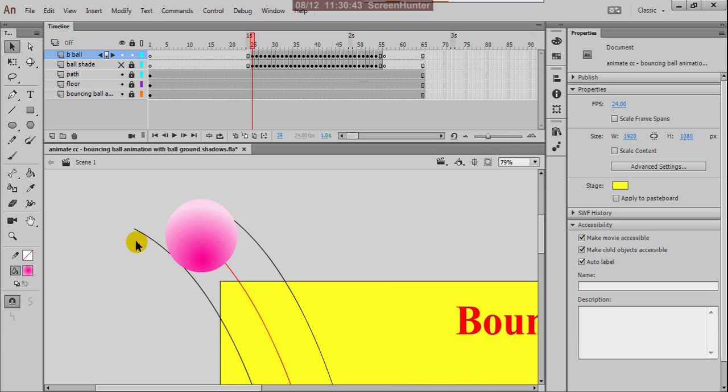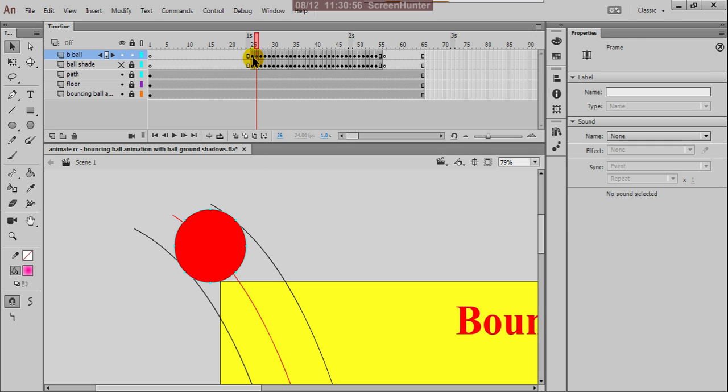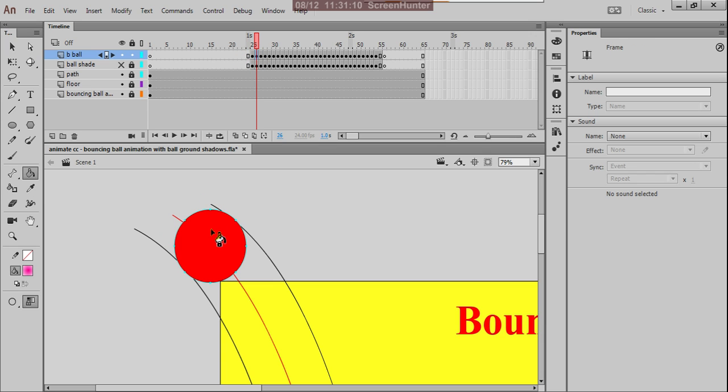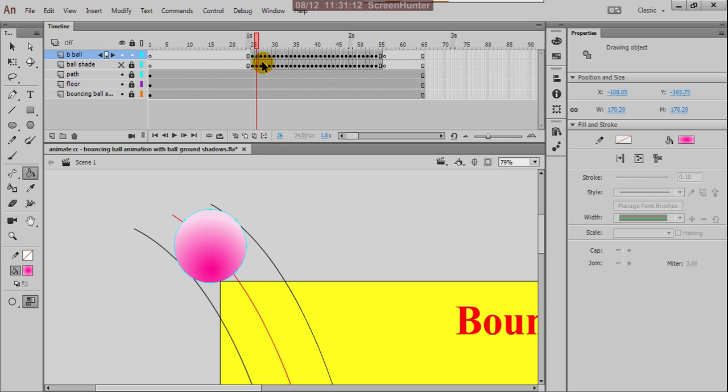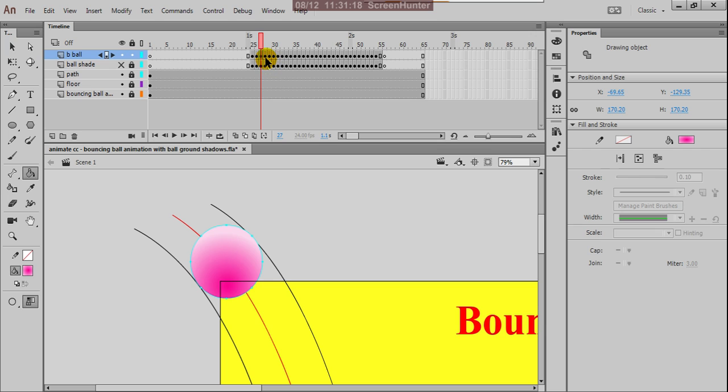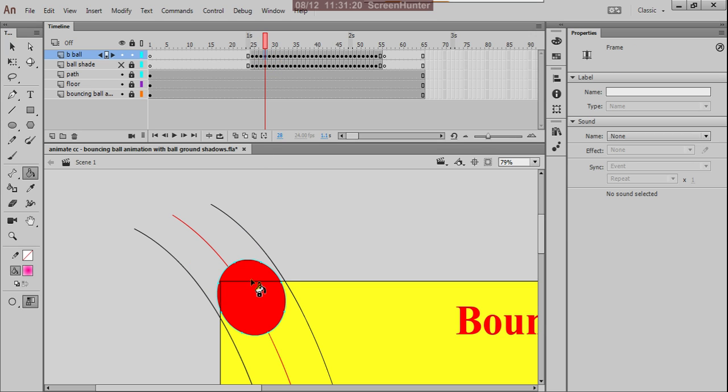Okay, now what we do, the same color we have to add for all the drawings. So you select this, take this color with the eyedropper tool, come here and apply. Do this for all the frames.